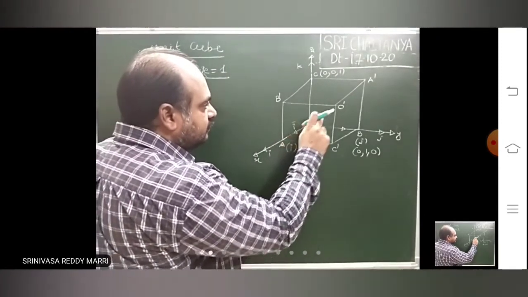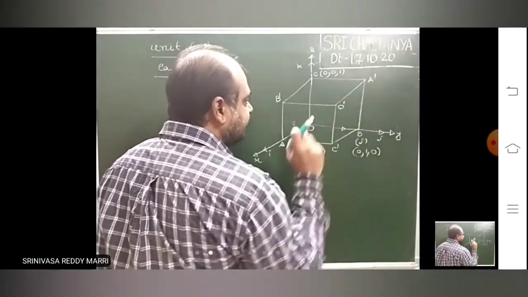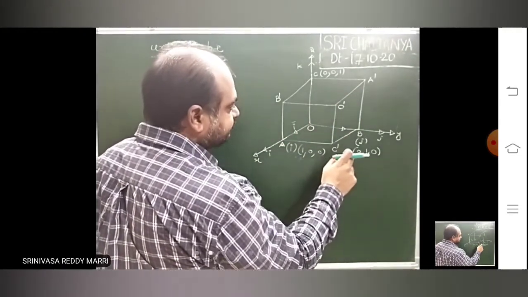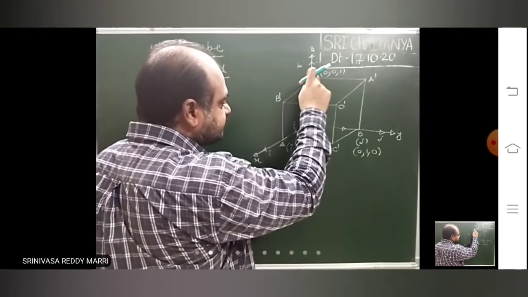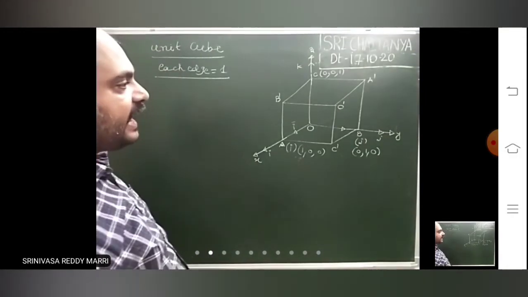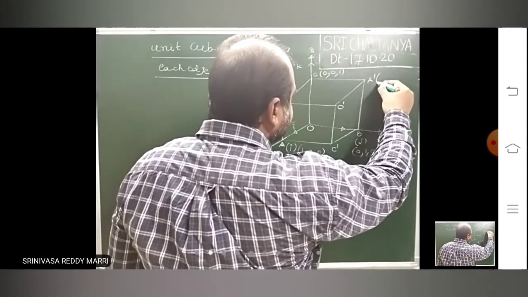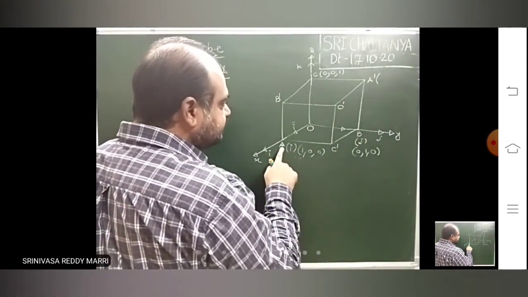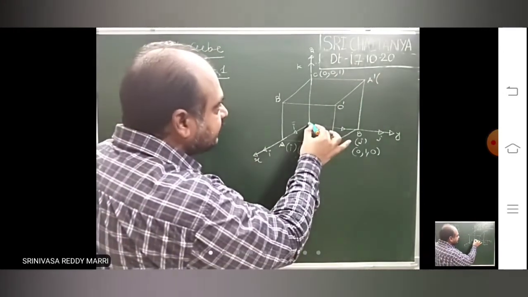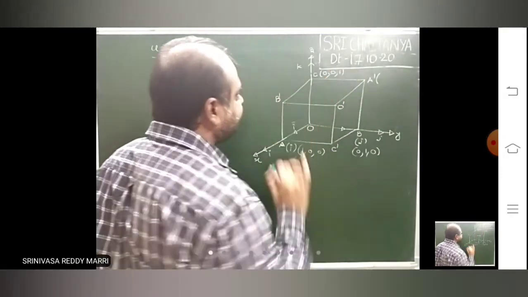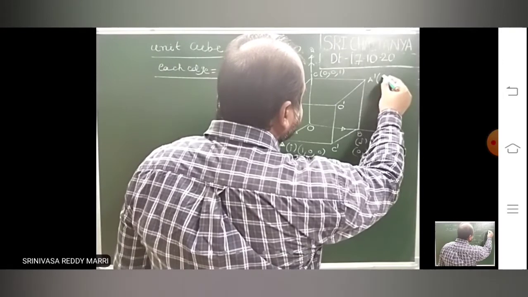Look at O dash, A on the x-axis, and the opposite point A dash. This is one diagonal, A dash O dash. B is this, B dash is this. This is one diagonal of the cube. C is this, C dash is this. Now write each and every point. This point is A and this point is A dash. Which plane is this in? This is Y and this is Z, so it will be in the YZ plane. In the YZ plane, you take the X coordinate as 0.